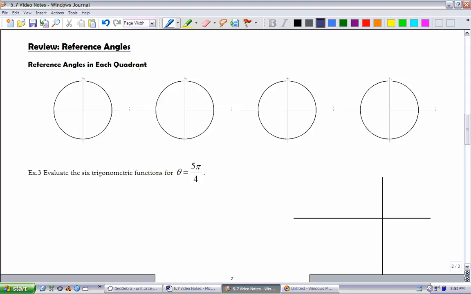Okay, just a quick review of reference angles before we get into the next section. Just so you remember, if my angle falls in the first quadrant, this is theta, then theta is going to equal its reference angle. Okay? If it falls in the second quadrant, and this is my theta here, so I put the reference angle in blue, then my reference angle falls right there. Okay? And turns out to be